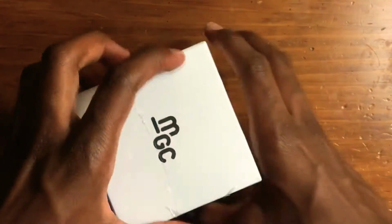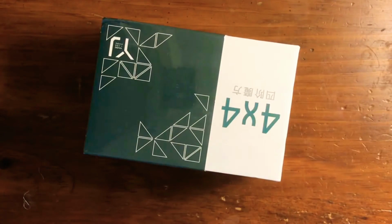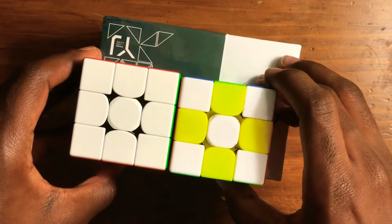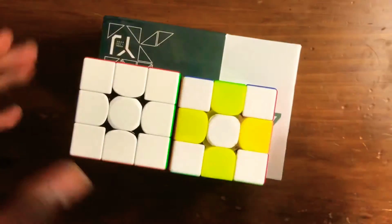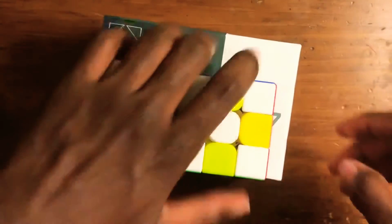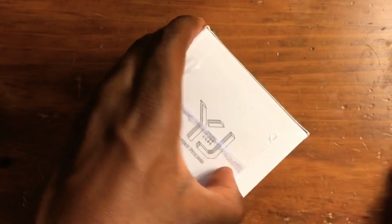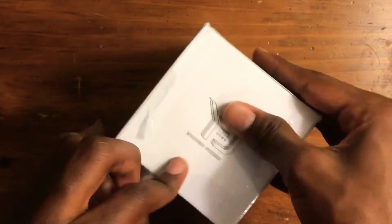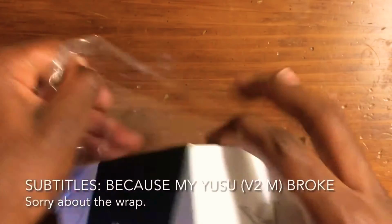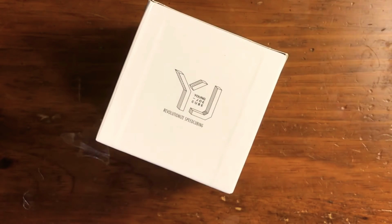Next up, let's move on to the 4x4 MGC and look at how cool this box is. It's also really, really big. These are two 3x3s, and a 4x4 is typically not much bigger than one 3x3, but this is two 3x3s and the box is already this big. I requested this cube because I really have been needing a 4x4 for such a long time. It's been about 8 months because my used shoes broke, and